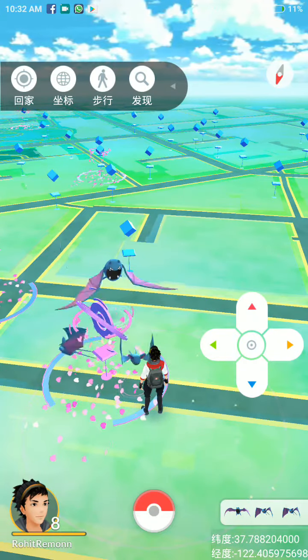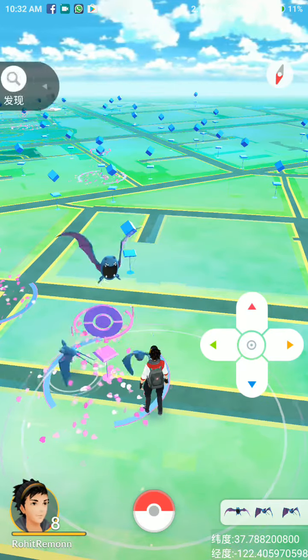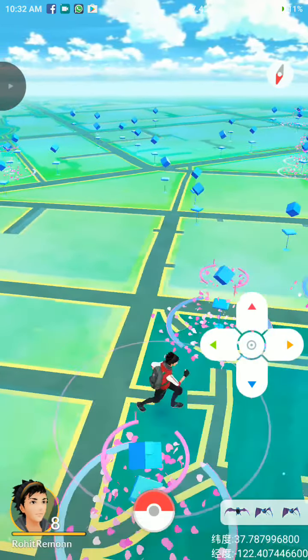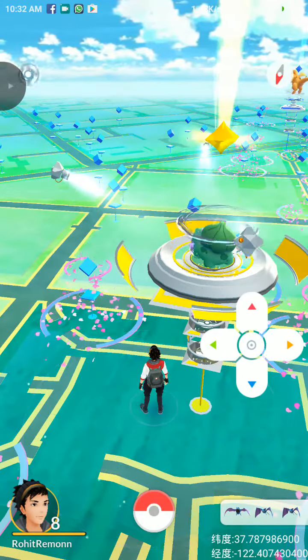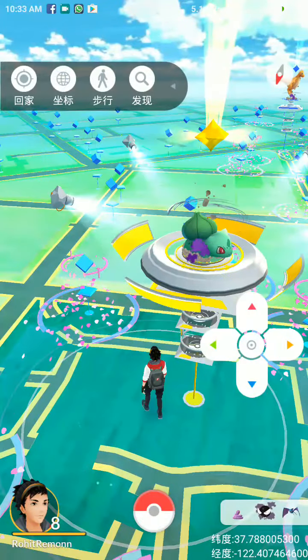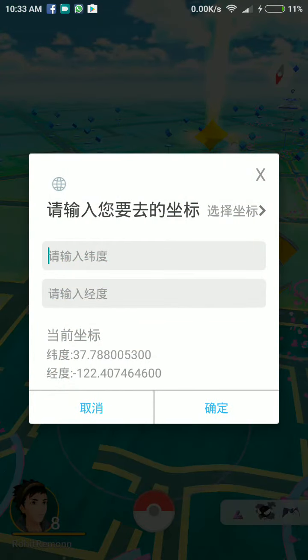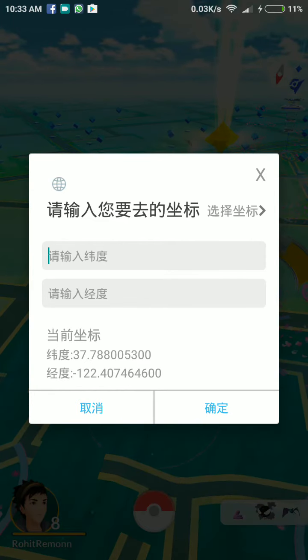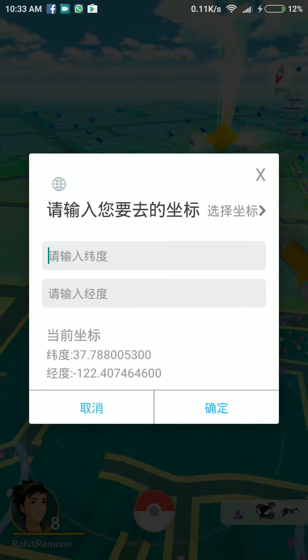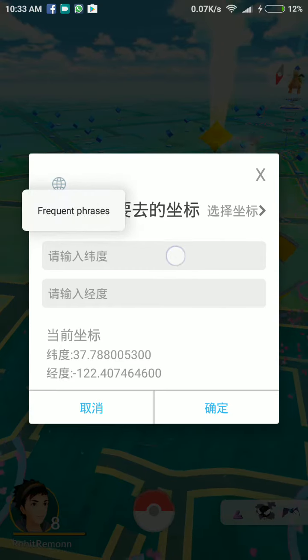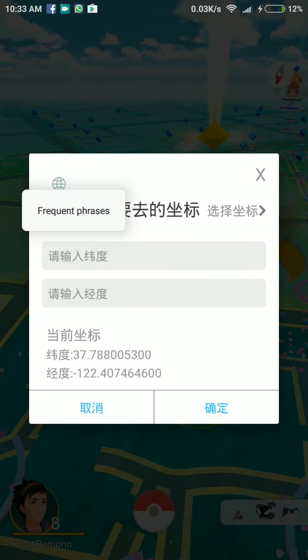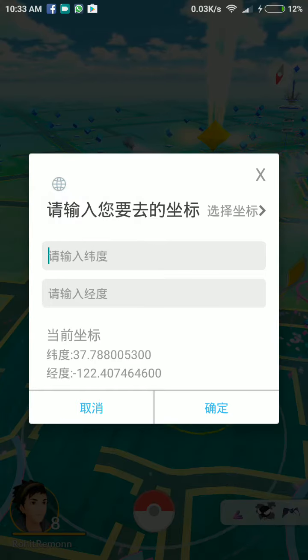Here are some further menu items. This one is to go to your current location, which is the initial location, and the second option is if you want to set a specific location, like your own location. If you live somewhere and you want to roam in your place, you just need to go to Google Maps and take down the coordinates of your location. The example will be like this, 37.78, and so your location will be there.